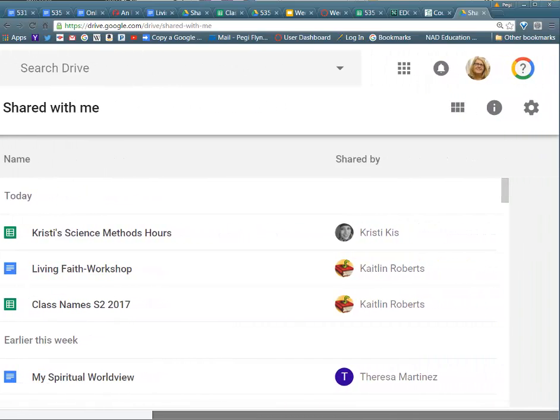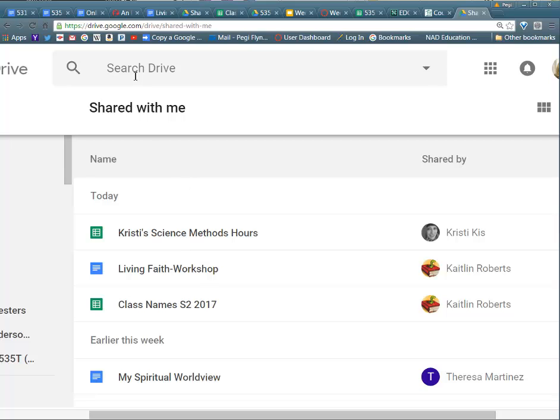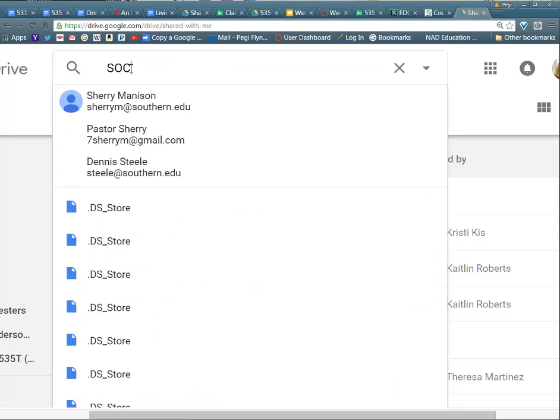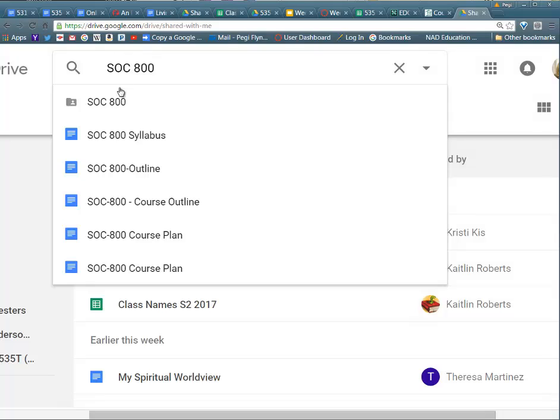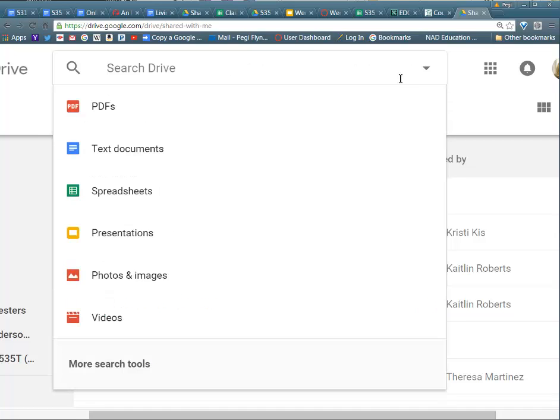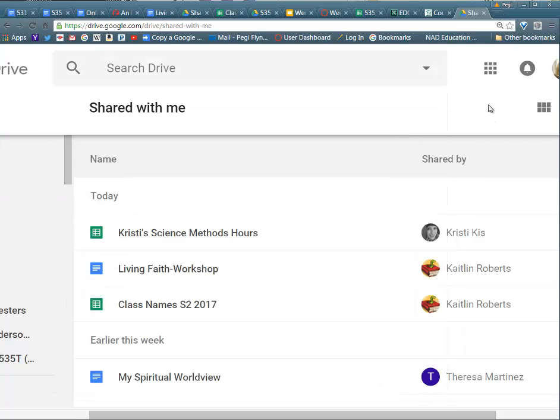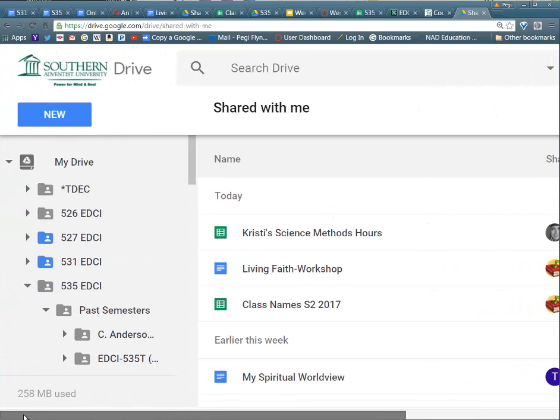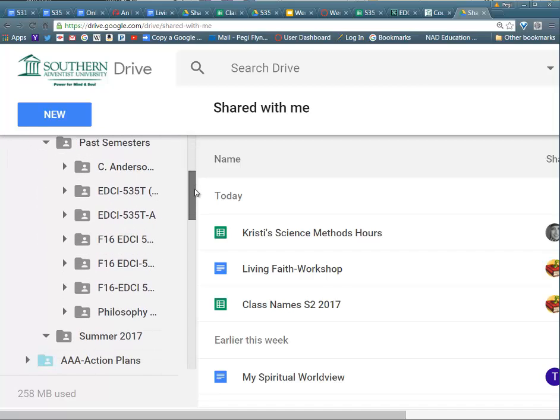Once I know that something's in my drive, if I can remember any part of it, like I was just working on a document that had SOC 800 on it, here's everything in my drive that resembles that, okay? So then I can quite easily find documents if I know what part of the file name I'm looking for, etc. All right, so please send me by sharing the folder that you create, not individual documents,